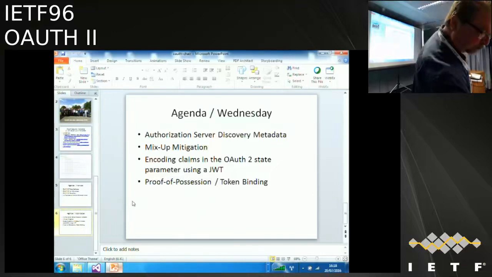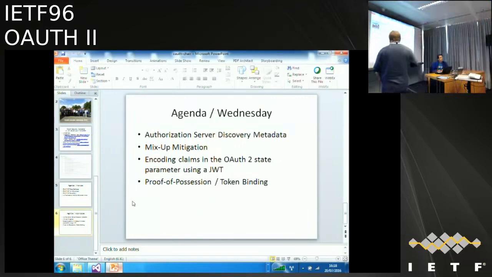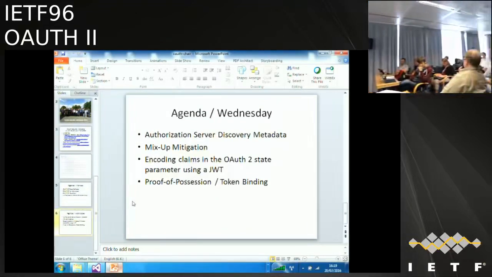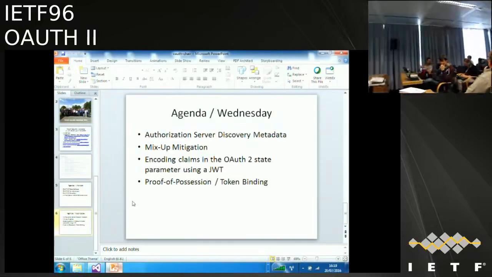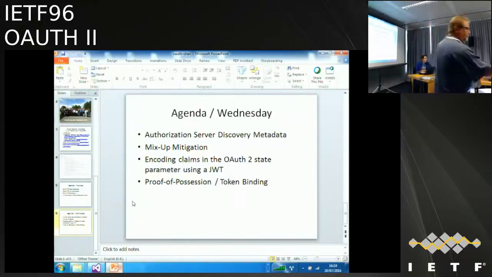The other mitigation is audience restriction, i.e. only issuing a token that is good at an individual resource, so that if a resource attempts to replay it at another resource, it will notice that it's for a different audience and reject the token. The third one is to use some sort of proof of possession so that only the client that the token was issued to can present the token, and not one resource replaying it against another resource. There is no magic pixie dust other than that, was the fourth one.